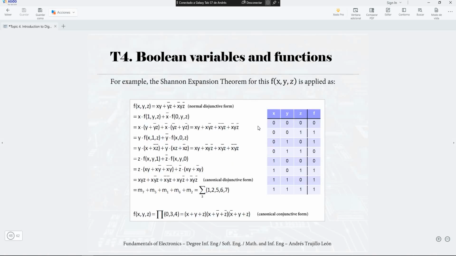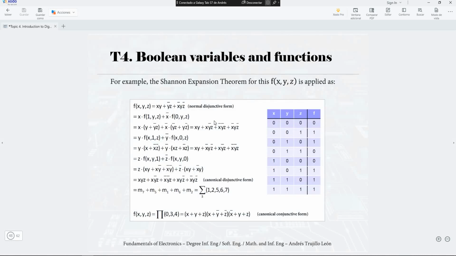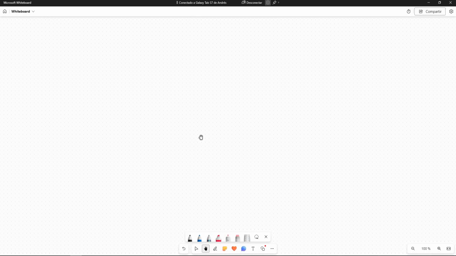So how can we obtain the canonical disjunctive form? For example, if we are given a function, we can apply the Shannon expansion theorem to obtain the canonical disjunctive form. You have here an example for a specific function. We are going to do this step by step in this sheet. So, for example, we have the function